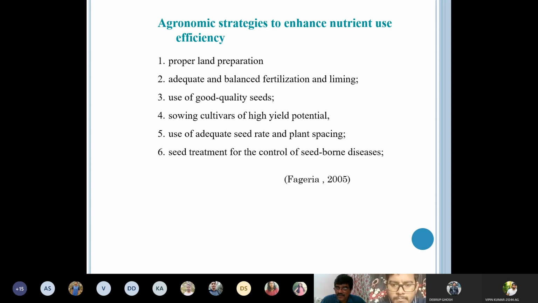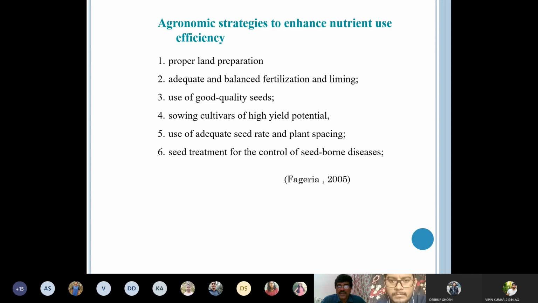Rate: we can identify the optimum rate. Source: we can use slow release fertilizer or nitrification inhibitor in case of nitrogen. For micronutrients, we can use chelated compounds. So there are options; there are efficient nutrient sources that can be used. Now smart NPK fertilizers are coming into the picture. So lots of choices are there. That way we can answer how to increase the nutrient use efficiency. Each we can describe.